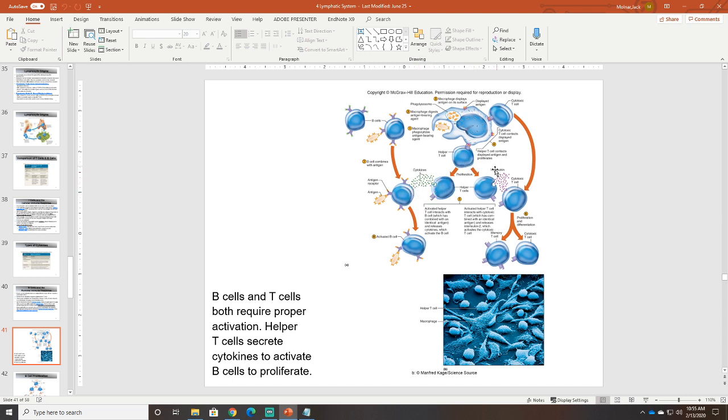All right. Now, after the infection's gone, the cytotoxic T cell can divide into another cytotoxic T cell or a memory T cell. And the memory T cells, again, they stick around and they look for infection in the future and can respond to it. Cytotoxic T cells are going to go right back out to the front lines and attack bacteria